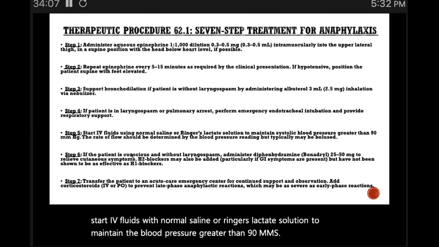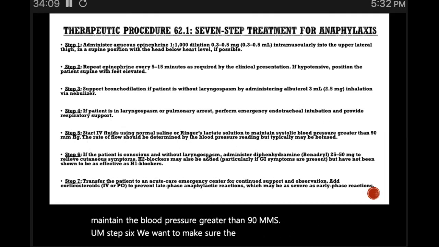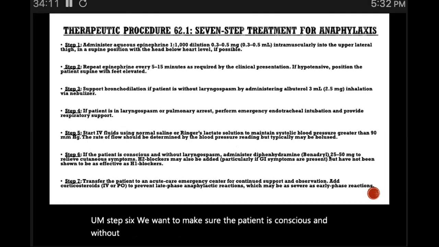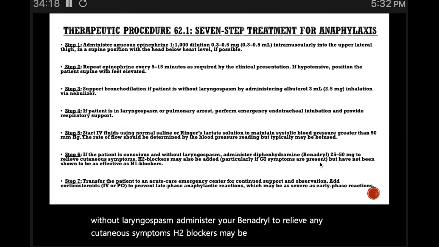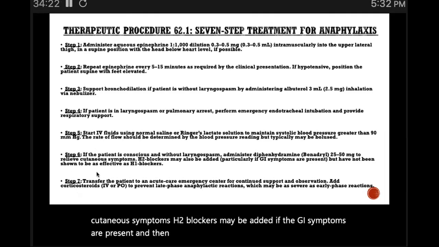Step 6, we want to make sure the patient is conscious and without laryngospasm. Administer your Benadryl to relieve any cutaneous symptoms. H2 blockers may be added if the GI symptoms are present. And then step 7, we want to transfer the patient, of course, to acute care emergency center for continued support